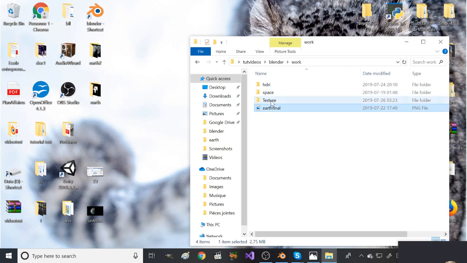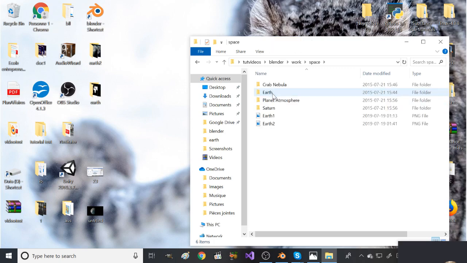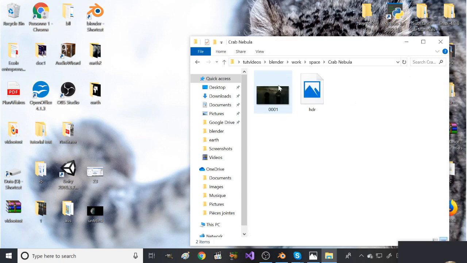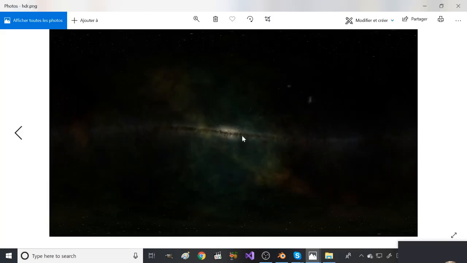This is another version. Okay, space is here. Space crab nebula. Okay, so we can use this HDRI, and we can use this very nice